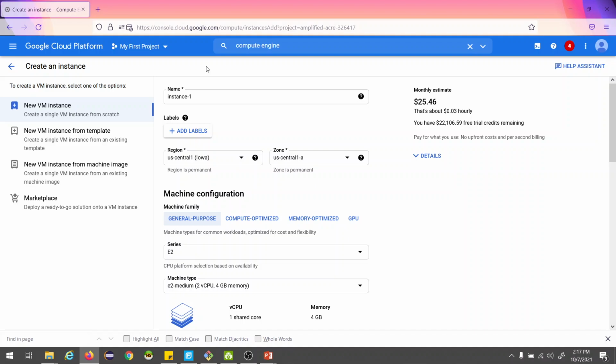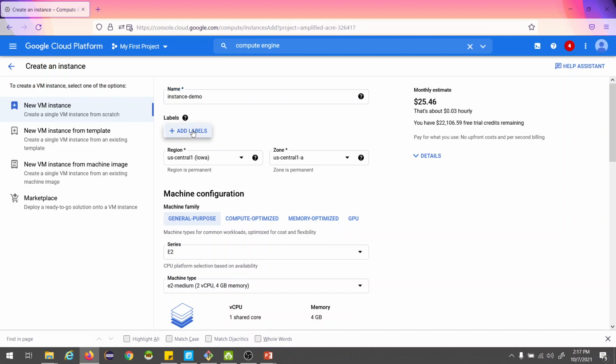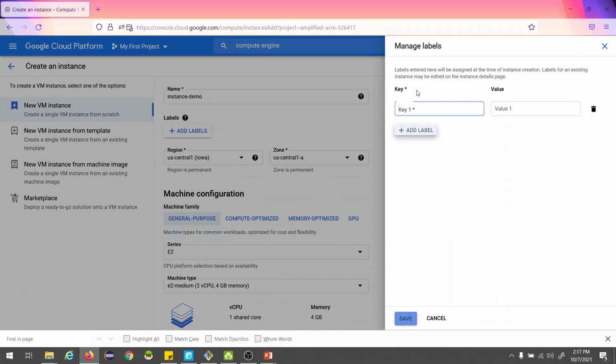Now on this page we need to provide all the details that we wish to associate with the VM. First is a name, so I'm giving the name as instance-demo. Then, as I have told you earlier, we can provide labels also. This is optional, but just to demonstrate, a label is a key-value pair.